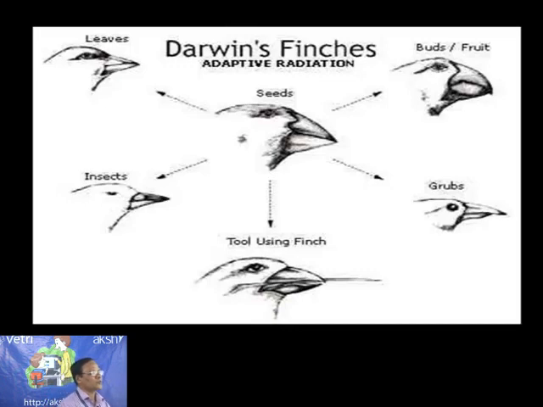You see that they use the tool for making or constructing the nest, for looking after the young ones, or even for gathering the food. And some others are feeding on insects, and still some others are feeding on leaves. So according to the mode of feeding, the beak has been modified, from a simple nut eater or seed eater. See that, the beak has been modified.